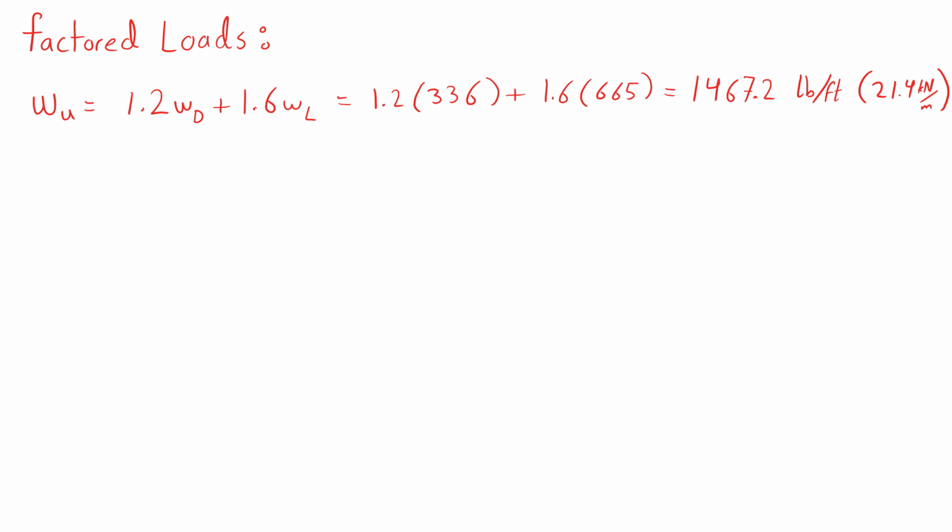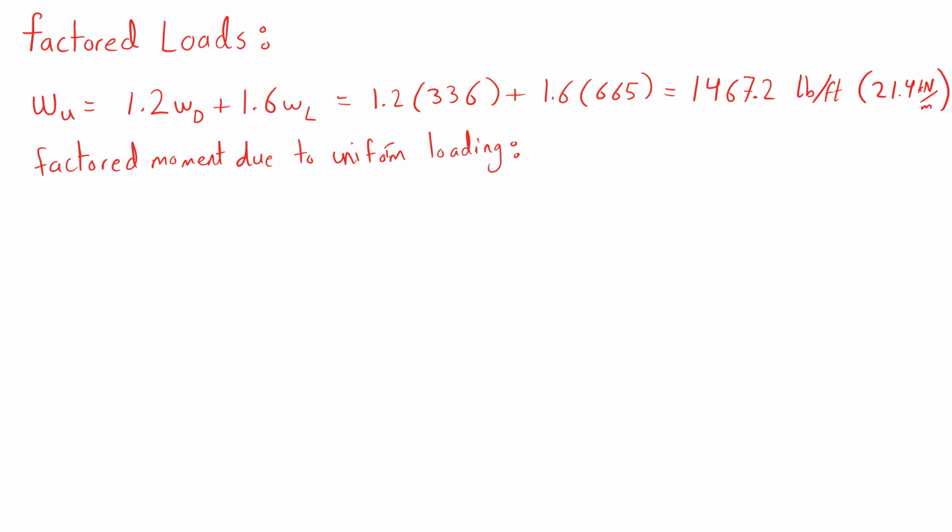After determining the loads, these loads have to be factored according to the relevant design codes. In this case, ASCE 7, where different load combinations are given for different load cases. In our case, we have dead and live loads, and thus the chosen load combination is 1.2 dead plus 1.6 live. This gives us a total factored uniform load of